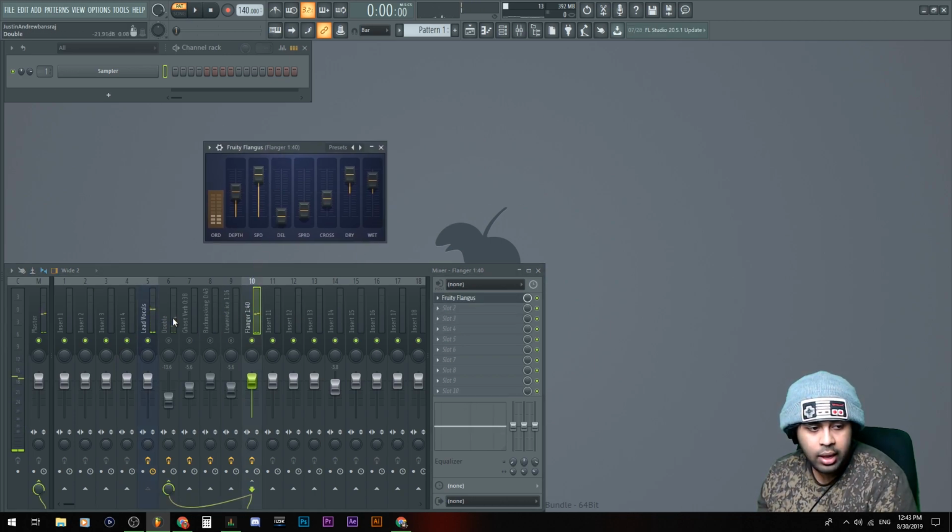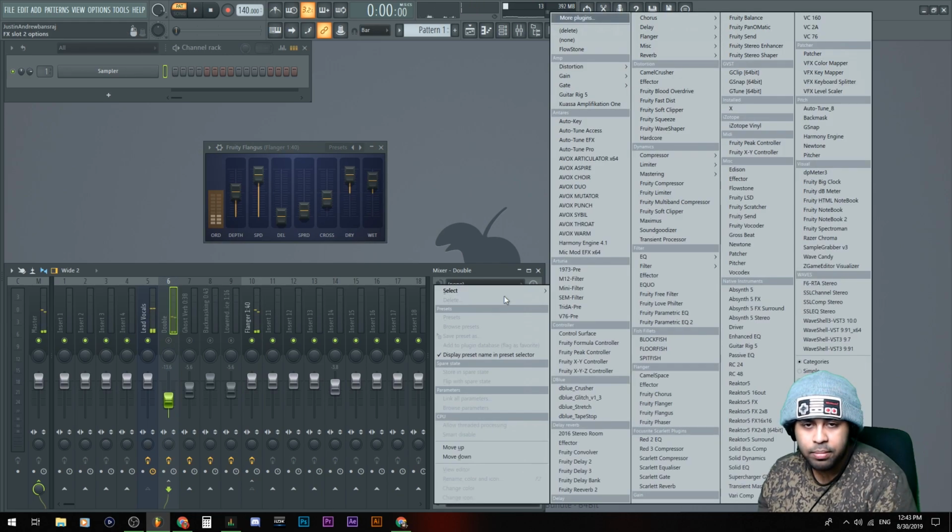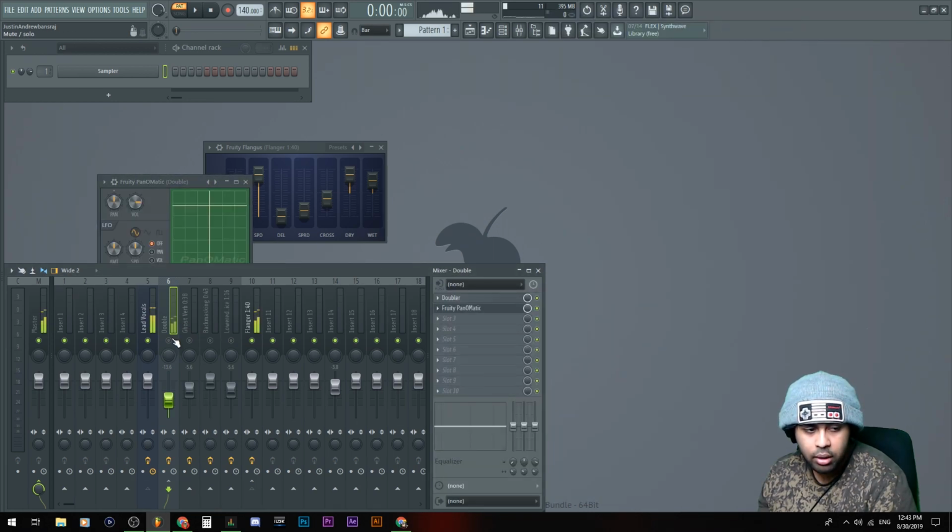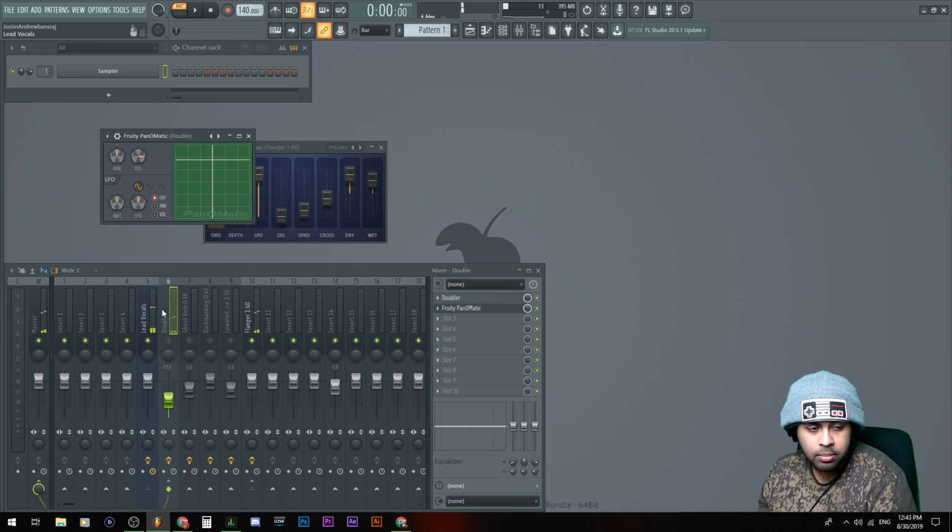That's doing its job. Matter of fact, I forgot. There's a plugin in FL Studio you can use called the Panomatic. I'm just saying this for the doubler part. I'm not sure if he had panned it on his doublers, but if he did, sorry, I'm going back to this. You could activate this by going like that and make it not as fast. That's to create a moving effect in his voice in the doubler. Let me go back to that. So you can hear how it's going from the right side and it's slowly approaching over to the left side. See how it's on the left side now? It's going to go back to the center and then right. That's the doubler part. I forgot to mention that.